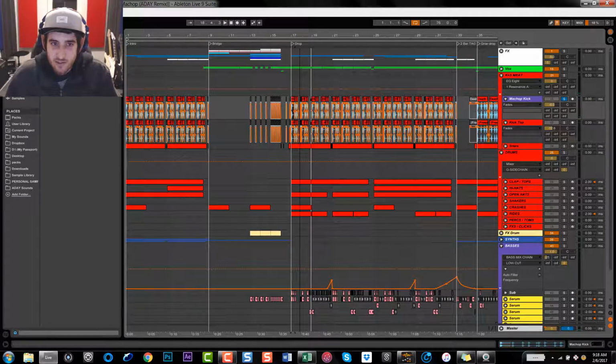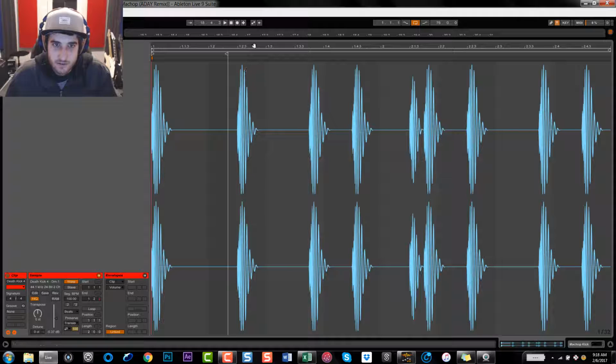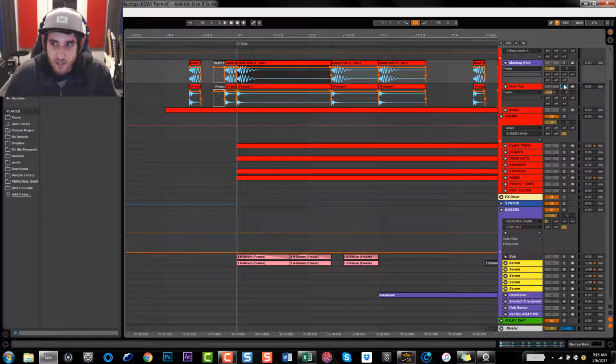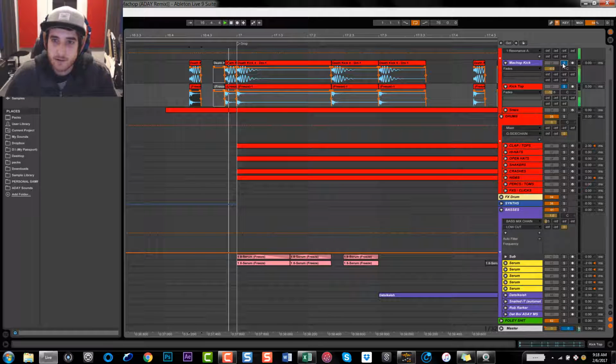So that's the kick he had in his song. Here's the full stem of the loop. Chop that up, but I wanted more out of the kick, so I got a top kick. Now together,